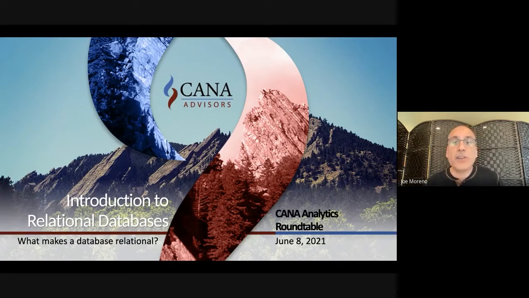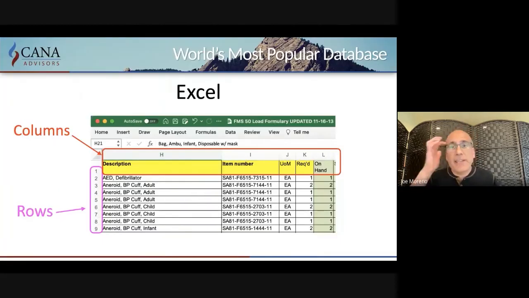I'm going to start off by answering a question: what is the most popular database? And that would literally be Excel. Excel has rows and columns in a tabular format for managing data, and we use it all the time for database tables like CSV files. One of the things, though, is Excel isn't relational. And when a database isn't relational, it usually means it's not normalized data, which means that business data is repeated unnecessarily, or in a relational database, you don't need to repeat the data, which I'll take you through in a